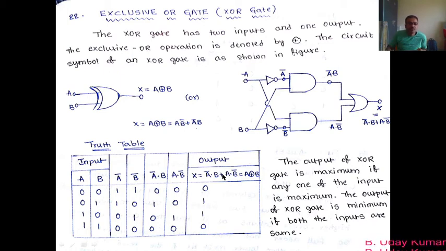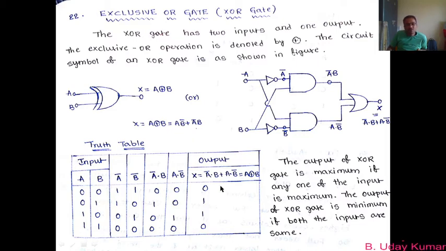That's it. So now applying the operation of OR gate, 0 plus 0 becomes 0, 1 plus 0 becomes 1, 0 plus 1 becomes 1, and 0 plus 0 becomes 0. So this is nothing but the output of the XOR gate now. So if the input of the XOR gate is taken as A and B, its output becomes A dot B bar plus A bar dot B. So this is an exclusive OR gate, and the output is found to be 0 1 1 0 for the combinations of A and B like this.